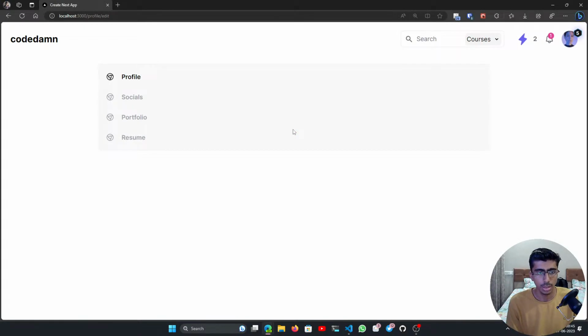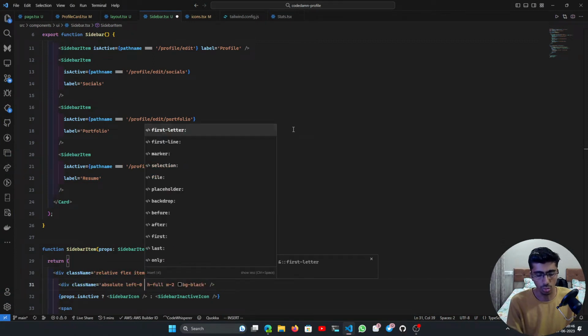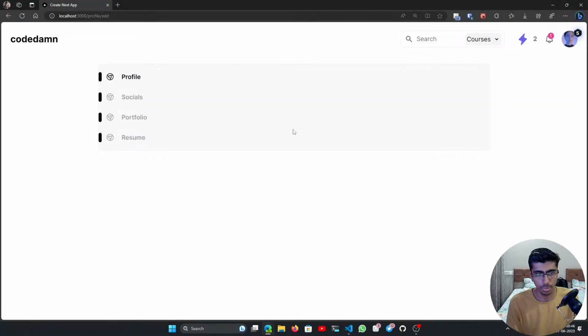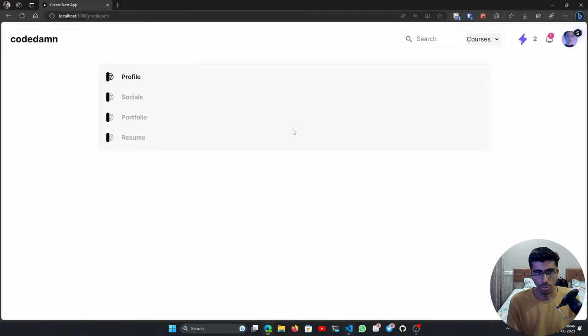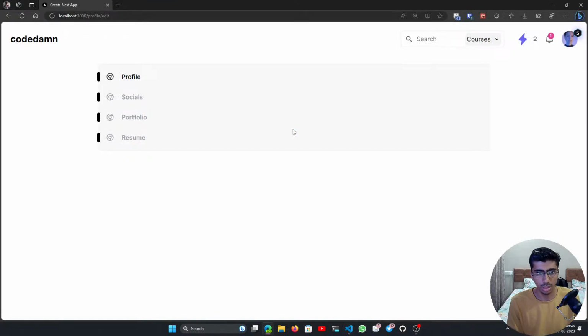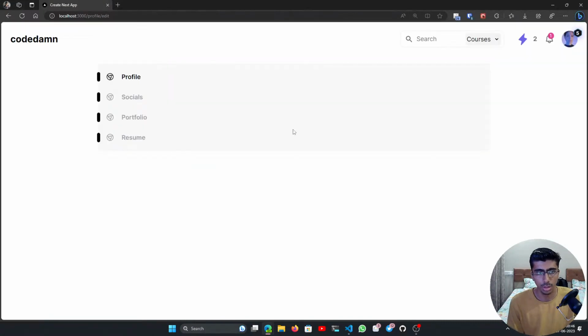Okay, looks good. Now we want this back again. Actually, let's also do a rounded of lg. Fine. Okay, now we want it to be on the left but more. Okay, not this much, but yeah, you get the point. Now how do I cut it in half, because that's how it's being displayed here. So to cut it half,